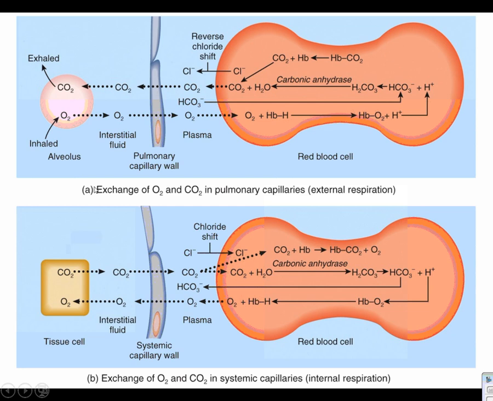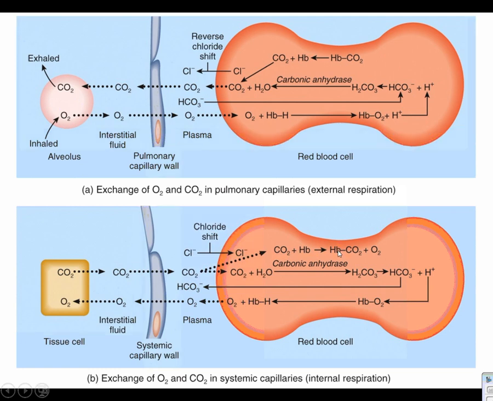All right, so let's look at oxygen first. Inhaled into our alveoli, brought in from our alveoli into the blood, most of which is carried by hemoglobin in the form of oxyhemoglobin. Okay. And then when we get to our tissues, we do the opposite. We unload it to our tissue cells. CO2 is produced in our tissues. It comes into our blood, across that systemic capillary wall. Some of it's dissolved into the blood. Some of it is brought into the red blood cell and combined with